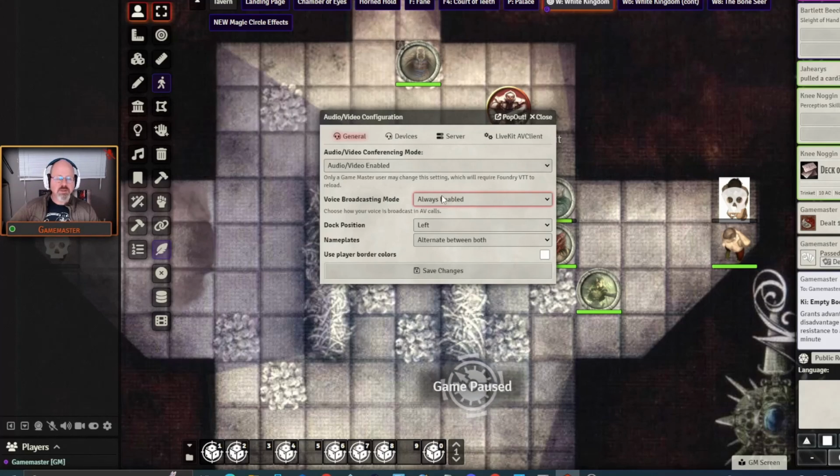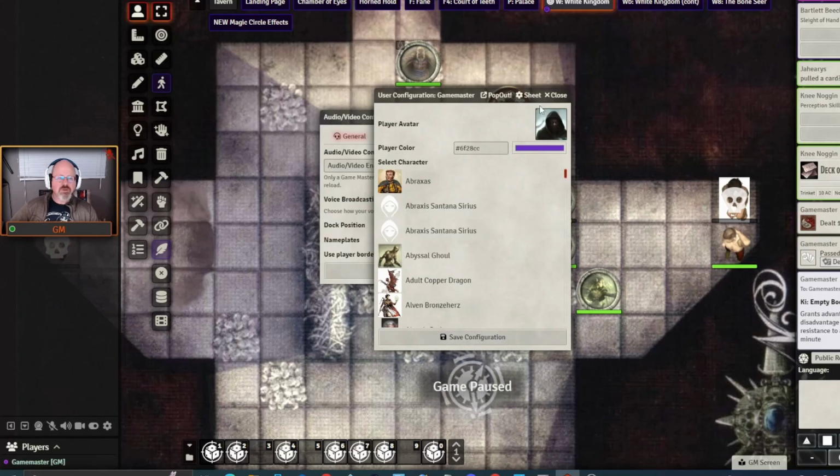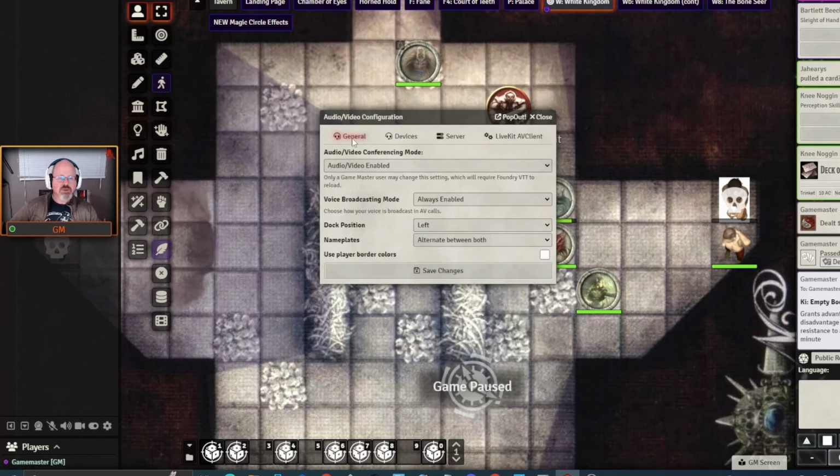There's a few things that you can alternate between the different names that are going to appear. So right now you can see it says GM here, but I have it alternating between that and the actual name. You can adjust some of those things if you go down here and right click on the user names and go to user configuration. You can do things like change the player avatar